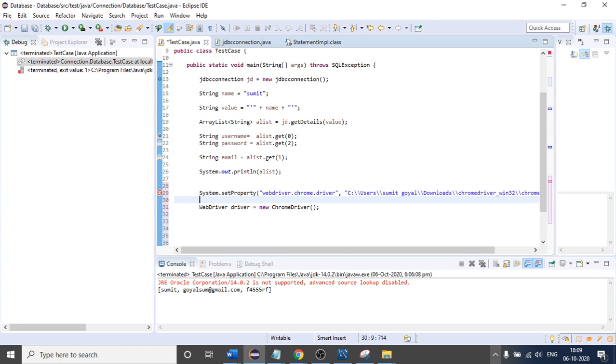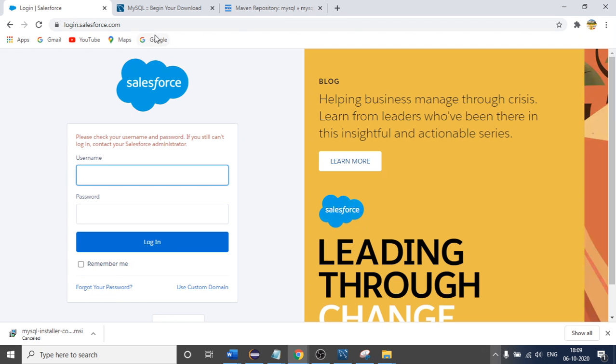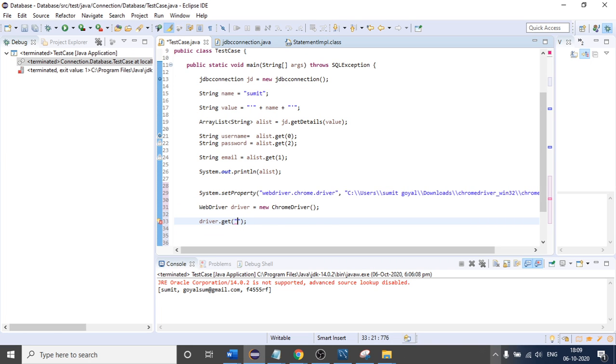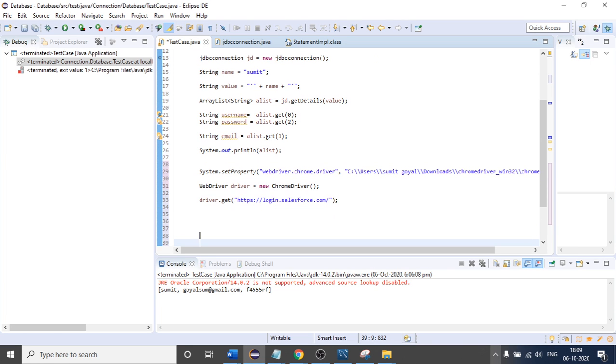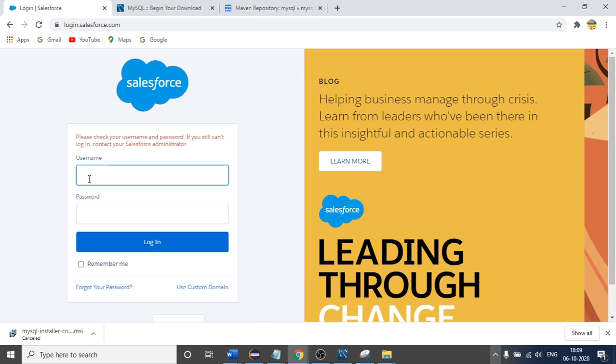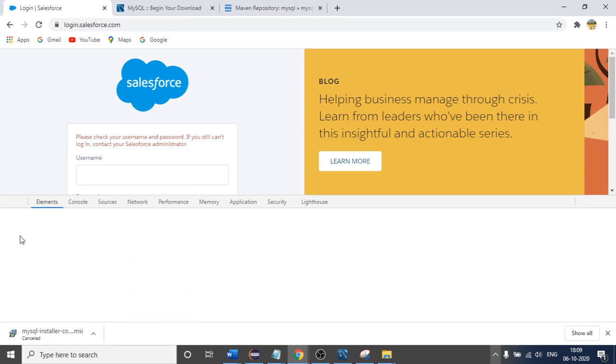Okay, so after that, I have to launch the website first. Launch the website. So what is the website name? If I come here, copy the path URL, place it here in the double quotes. Okay, again what we have to do, I think first of all we have to make an XPath or any selector, so that we can enter here. So how are we forming the selector? See,